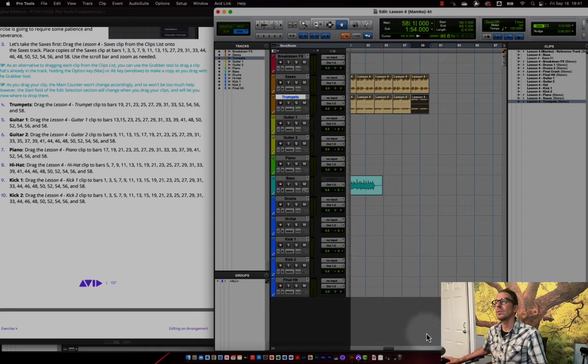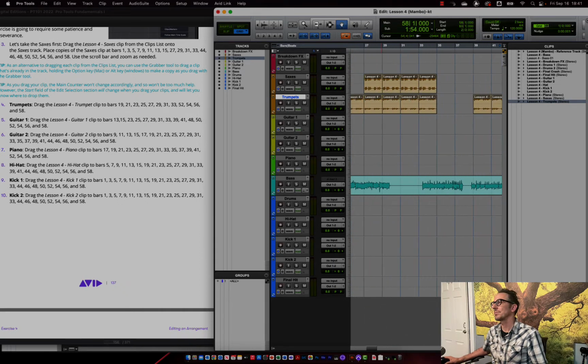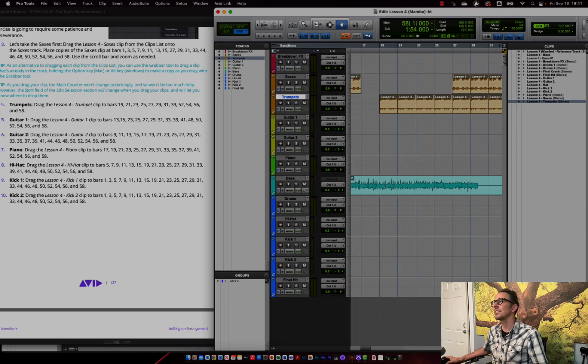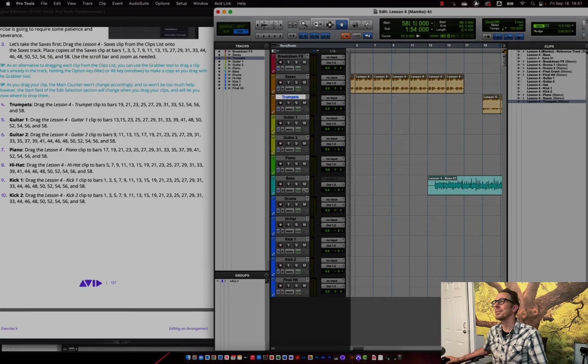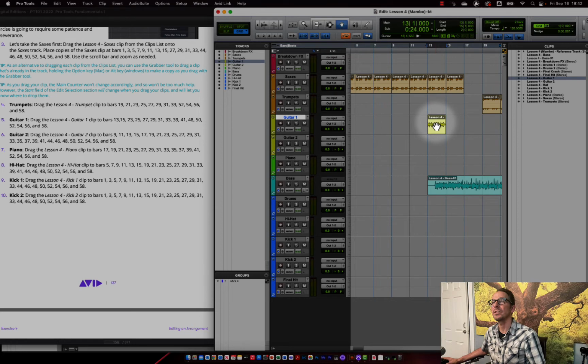Okay, guitar one. Oh my goodness. This might seem tedious, but believe you me, audio for cinema is just as tedious, but in my opinion, in a more fun way. But they're both tedious in their own way. Okay, guitar one goes to 13. Okay, 13, 15, and then